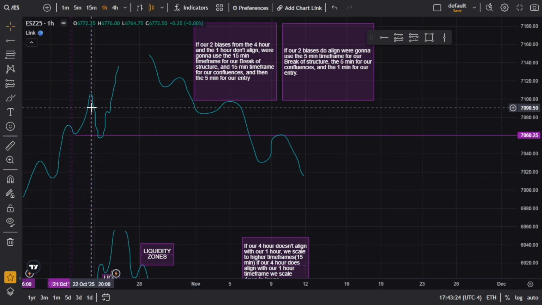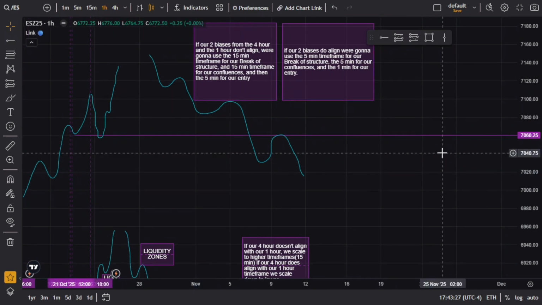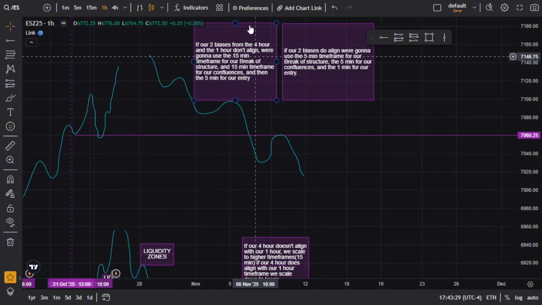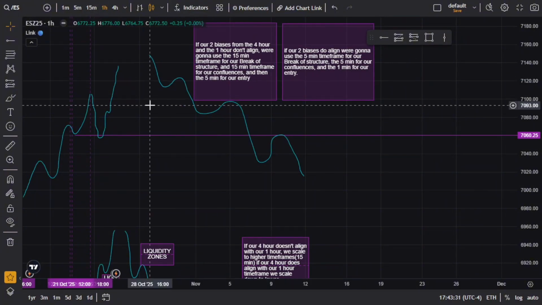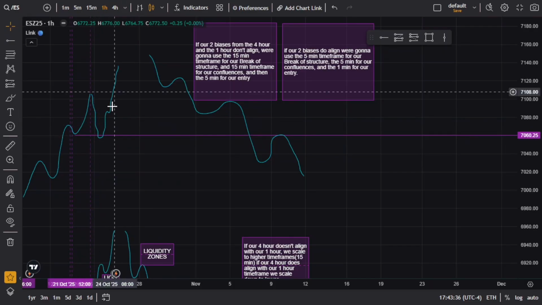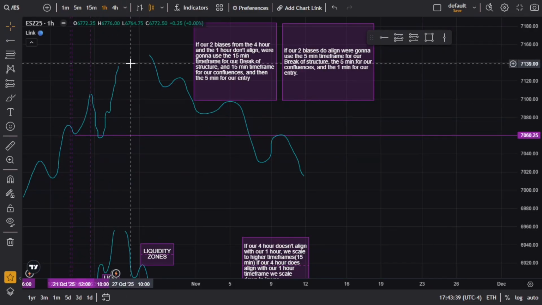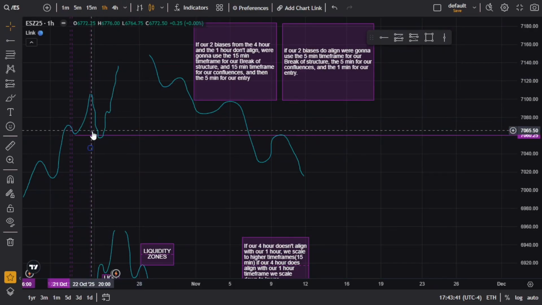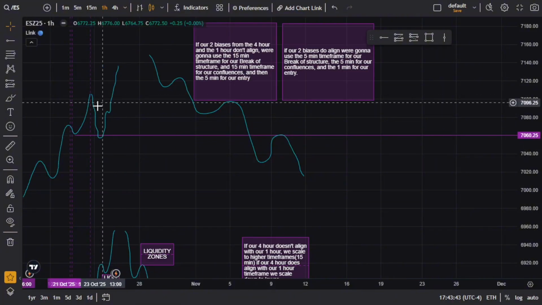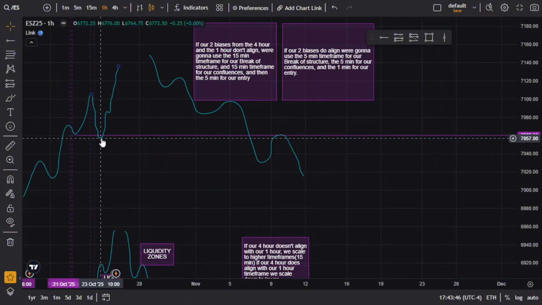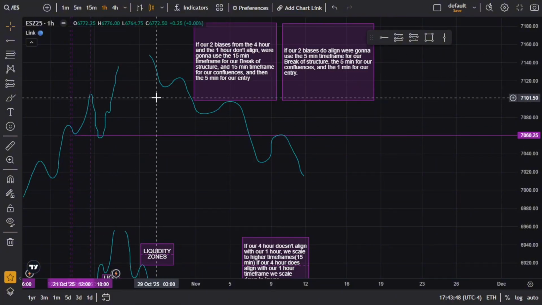We wait in the 1 hour time frame for it to be hit. We scale down to our 5 minute or 15 minute and then we're waiting for a breaker structure. Breaker structure will always be to the opposite side of that liquidity. So if the liquidity zone is down here, it's going to go in the opposite direction. We went down here, liquidity was grabbed, and it shoots up the opposite direction.